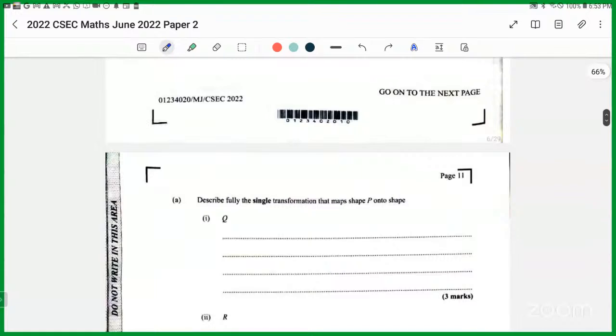So we're going to say first one is 180 degrees, let's just say clockwise, clockwise rotation about the point